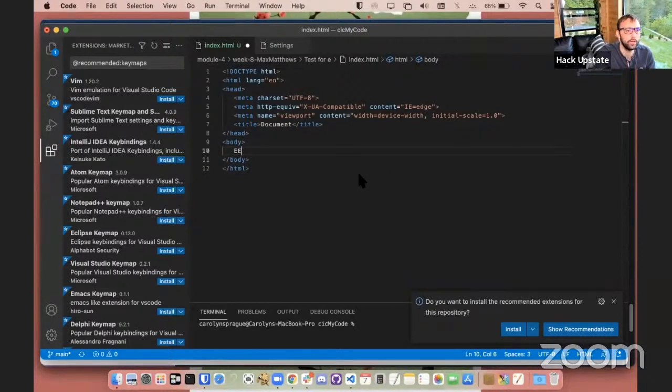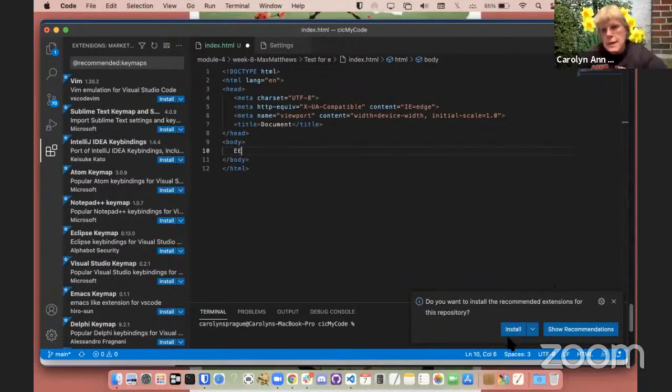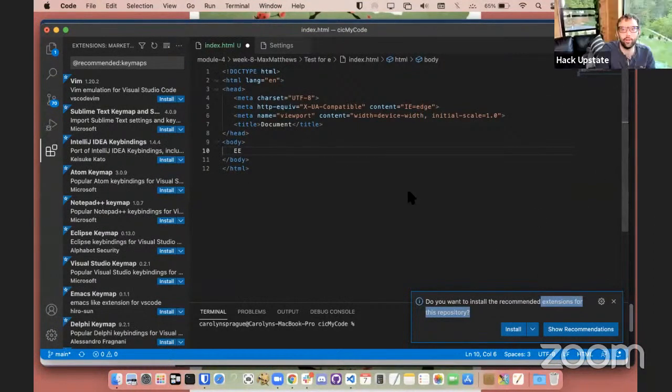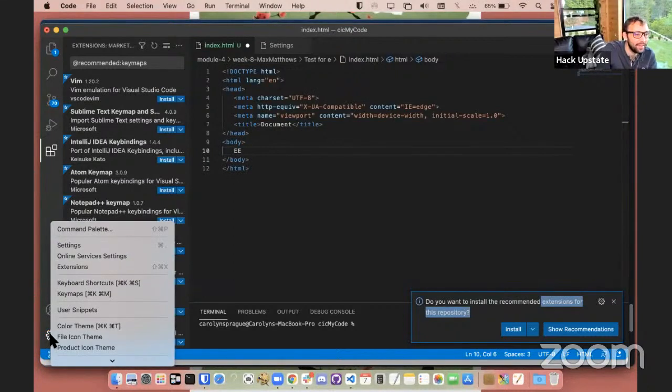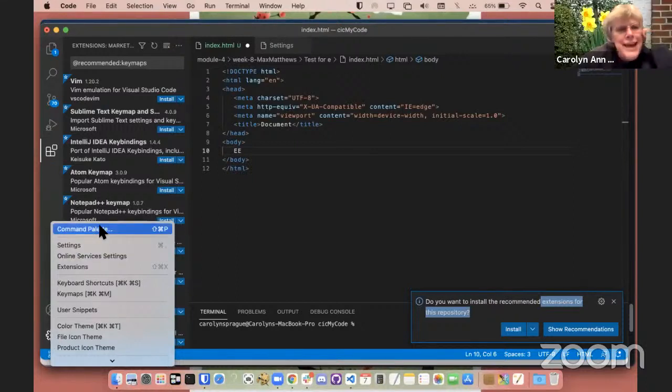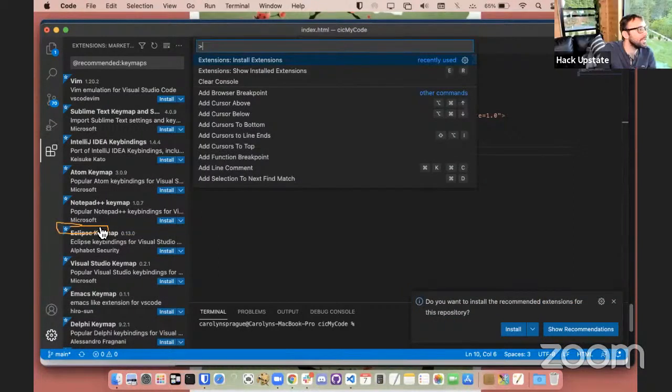We are going to go down to the bottom right and click on the little gear. I've got to get all this Zoom stuff out of the way. I'm sorry, I meant bottom left. The gear over here. Then click on Command Palette, and now type in